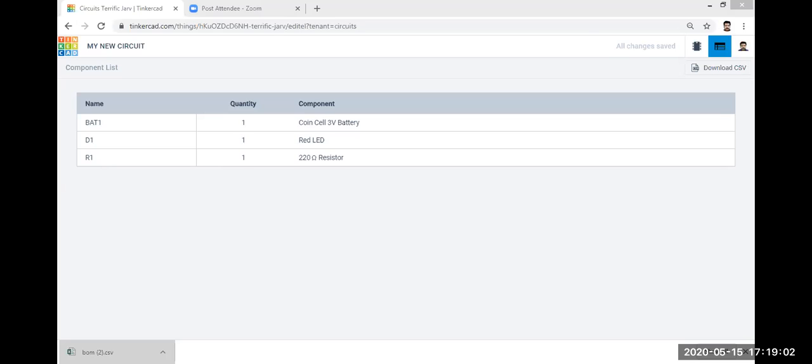So you can open this component list in Microsoft Excel.